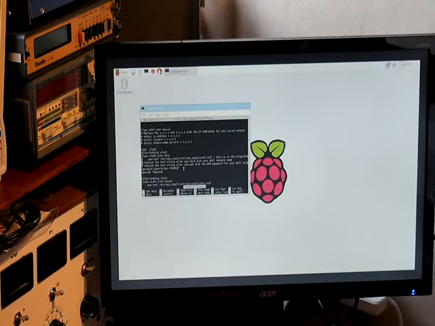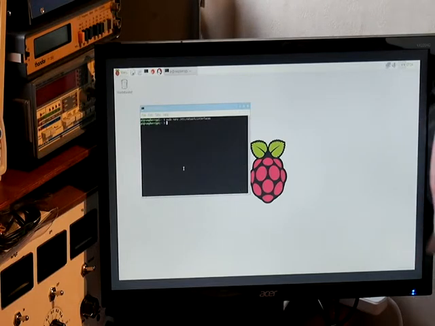Scroll down further if you are using DHCP, and here you will need to add in your WPA SSID, the correct name there, and on the line below you will have to enter in the password for your DHCP router. Then once those edits are done, Control X, Y to accept those edits and return. We've not made any changes here. That's how you set up your